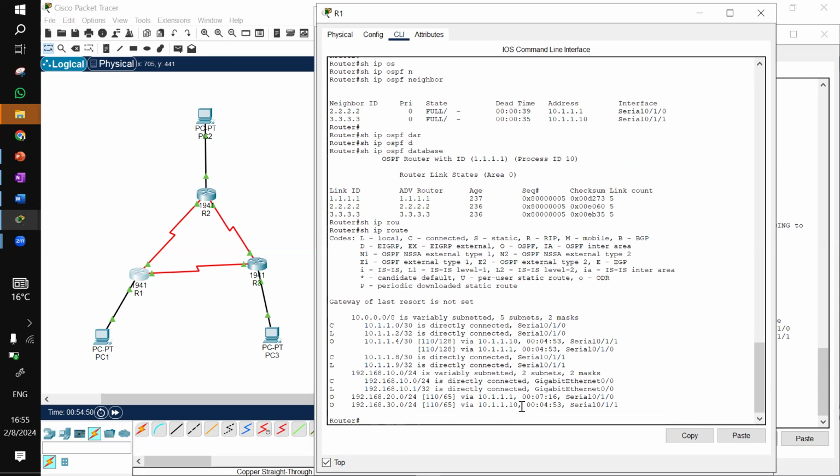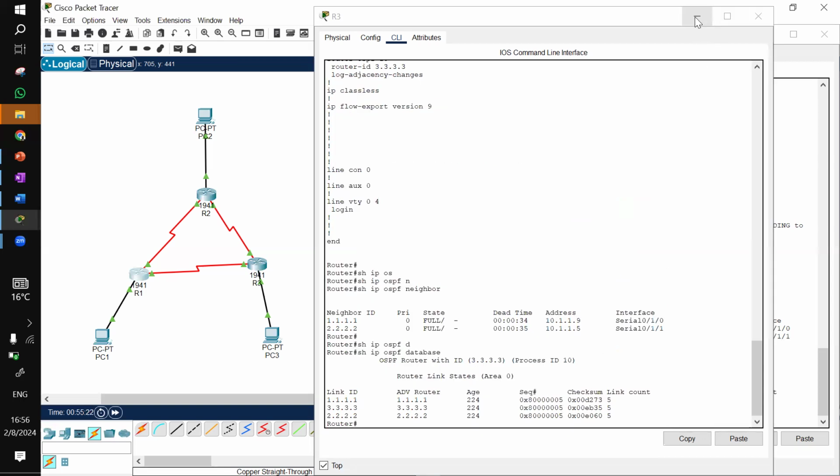And I can see I have these routes being learned as O, those are my routes being learned via OSPF. C and L are directly connected and local networks. But focusing more on my OSPF routes, my networks are configured to be advertised, that is what we were doing. Right, let's now go to